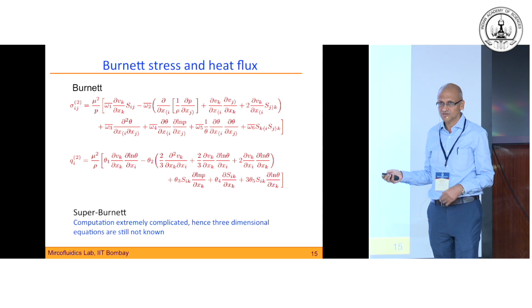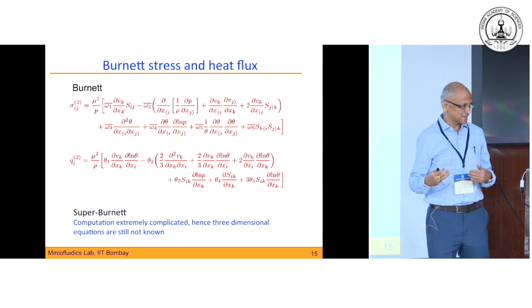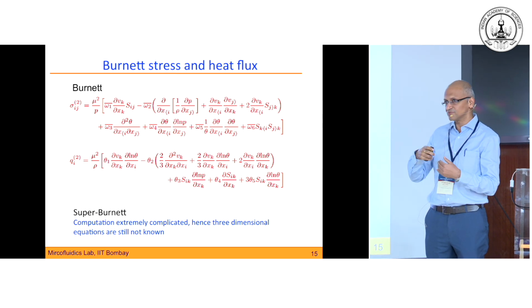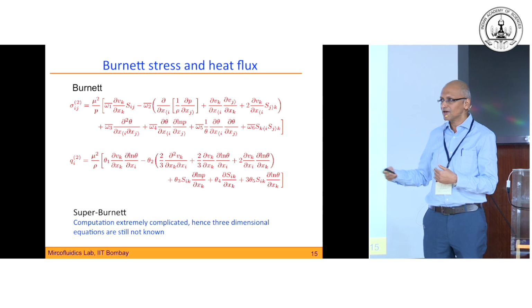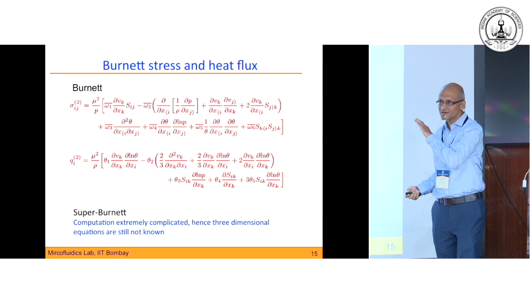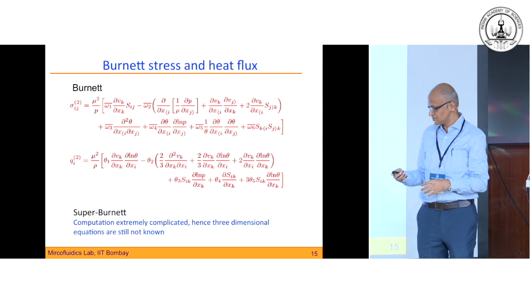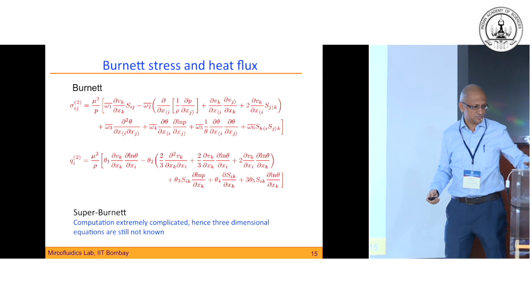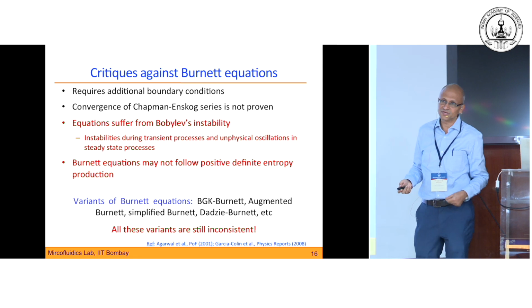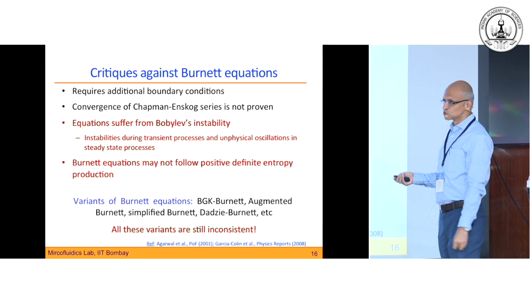and the heat flux. But let me point out that this is a purely mathematical procedure. There is no physics anywhere that is being incorporated. You're just doing mathematics to get from f0 to f1 to f2 and so on, and you are trying to construct a procedure that way. And this is where the whole issue lies: this fails because it does not capture the physics correctly. There are a lot of limitations of these equations, and how many of us would have heard about them? Probably very few have ever heard about the so-called Burnett equations, because there are a lot of issues with them.